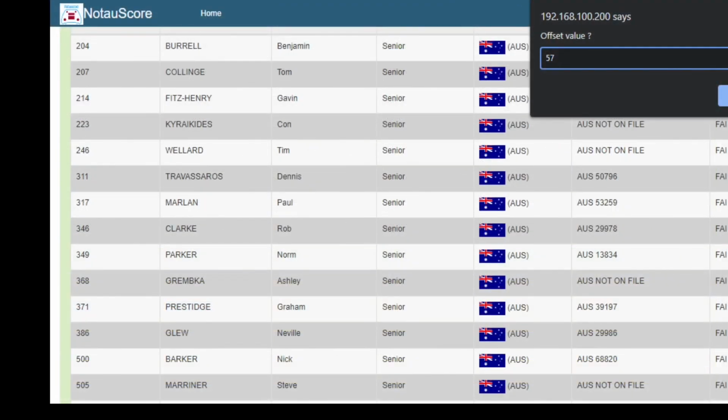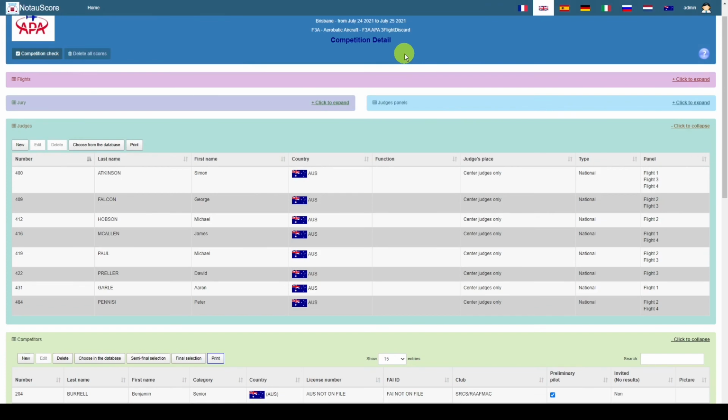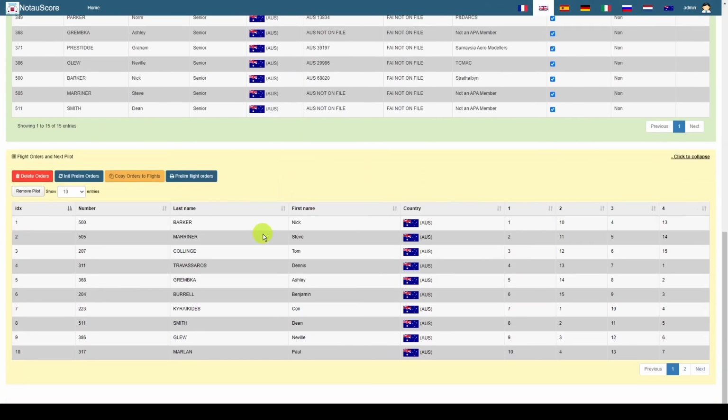Whoops, my zooming is changing because of my shortcut key. So I'm just going to offset these pilots by, let's do it by 6. I'll press OK on that and then fix my zoom. Sorry about that. What that has done is generate my pilot order. And down at the bottom here, I can see that Nick Barker, thank you Nick, is in flight 1, pilot 1.